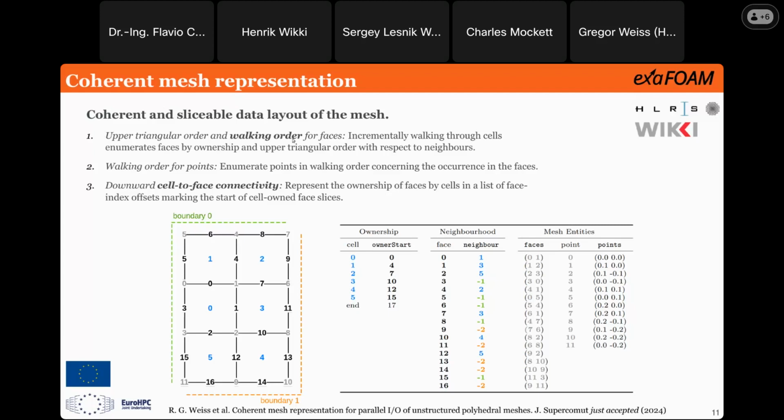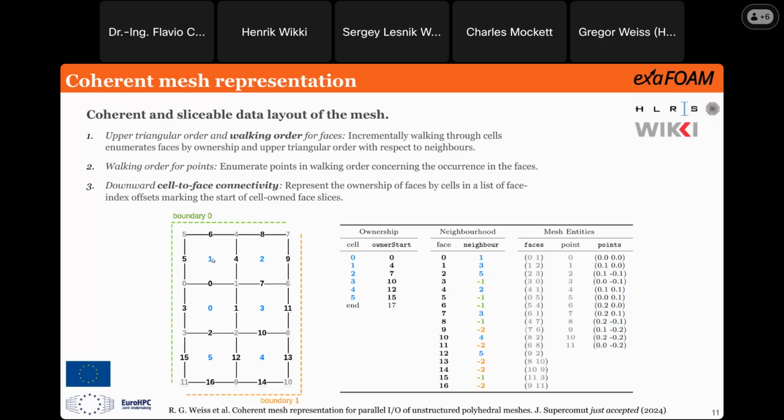And also a walking order for faces. What does that mean? As I incrementally walk through the cells, I enumerate the faces, and those faces are owned by that cell. So the first cell here owns all the first 4 faces.